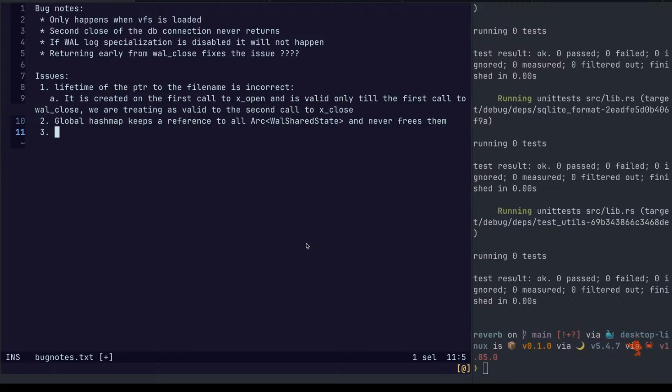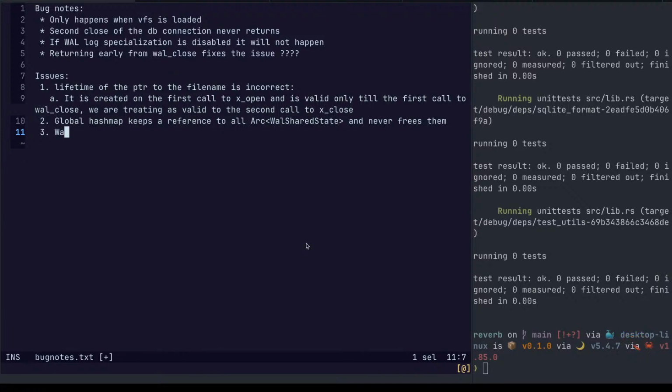Third issue. What is the third issue? I think it's very closely related to the first one. File name is incorrect. Oh yes, yes.